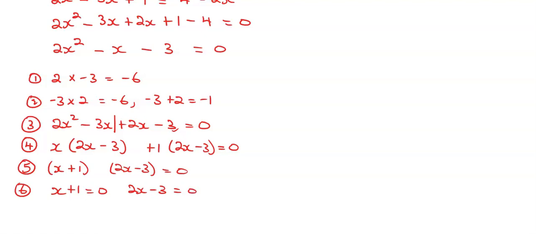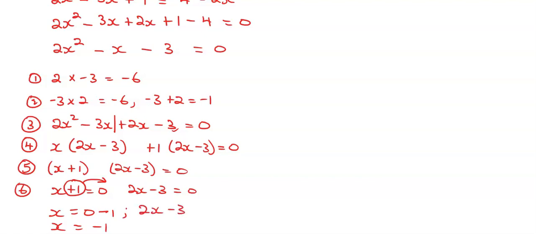Good. So x is equal to 0. We're going to carry over or transpose the positive 1, so it's going to become negative 1. So our value of x is negative 1. That is our first value of x. Now our second value of x,